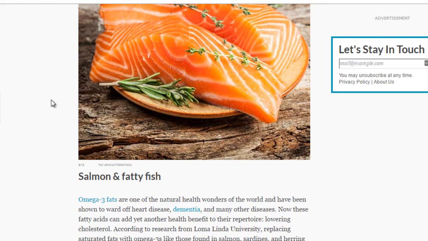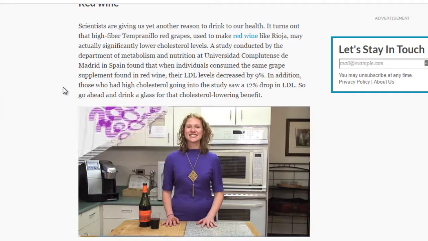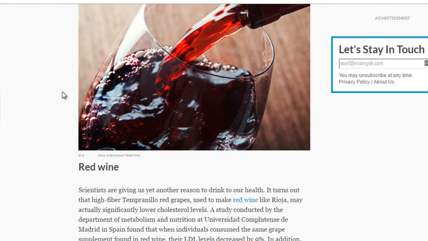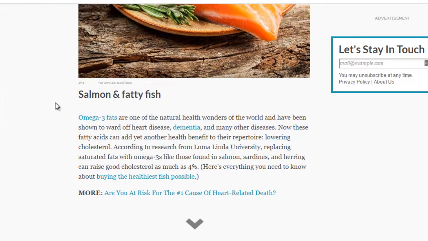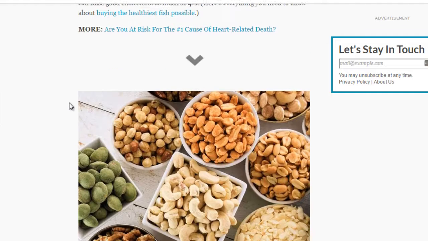So the question is, how do you go more specific? Because obviously the more specific it is, the more interesting it is sometimes, but at the same time, a lot of times it'll actually boost your authority simply because people feel like, okay, you've actually focused in on very, very specific details. So instead of saying the top 12 different foods that lower cholesterol, what you can do here is say, for example, fish. You can say the top 10 fish that actually lower your cholesterol, or top 5 fish that lower your cholesterol,